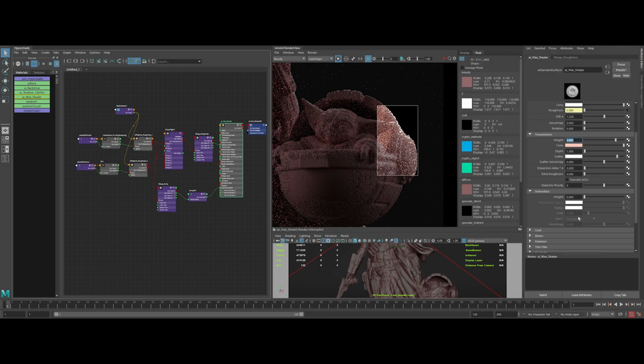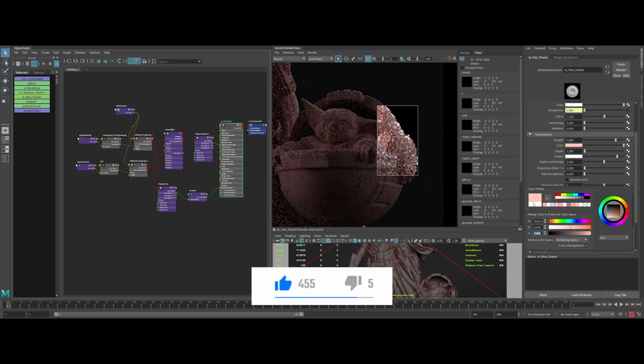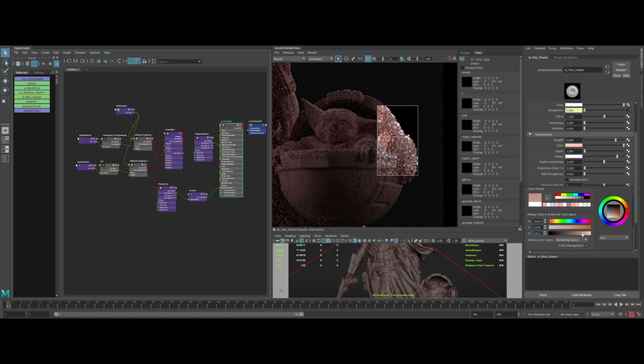Okay, let's introduce the subsurface scattering effect. First, let's configure the weight. Don't go too crazy on this value, something like 0.2 is okay for this. Now we can introduce the subsurface color. Let's switch the algorithm type to random walk v2. Now a really important value to set up, the radius. It will determine the distance that light passes through the surface. Let's try something like that.